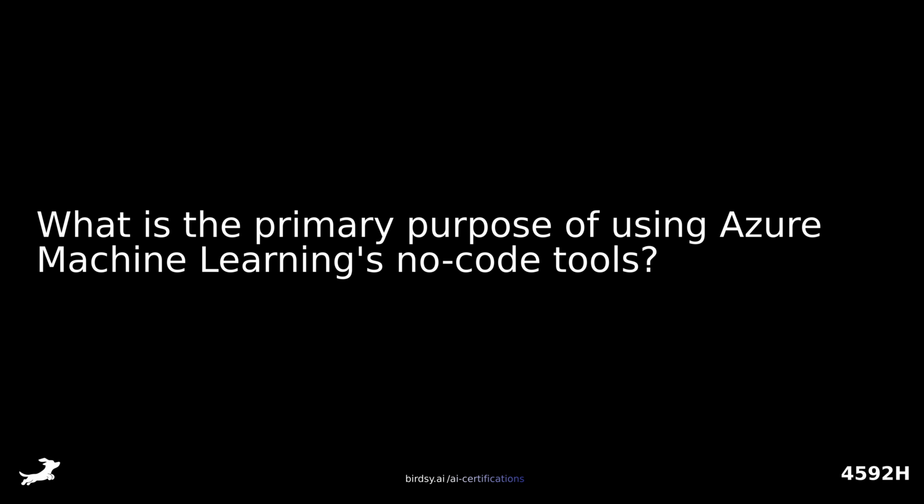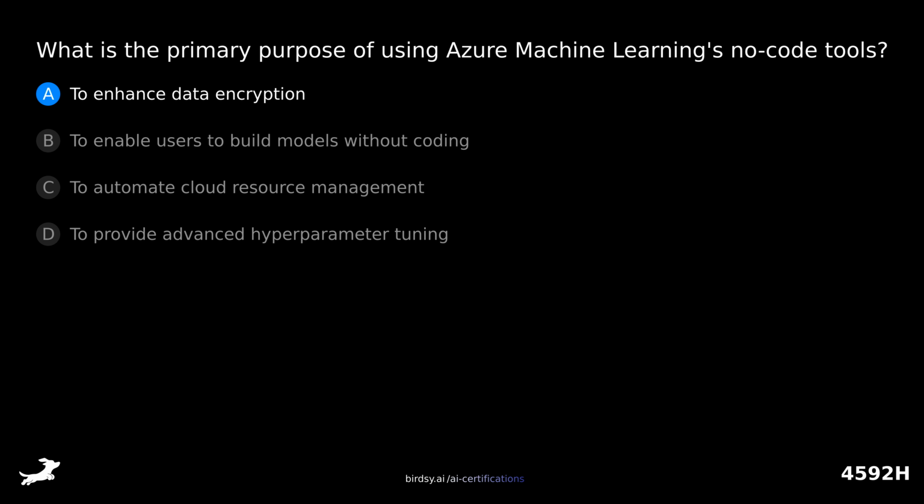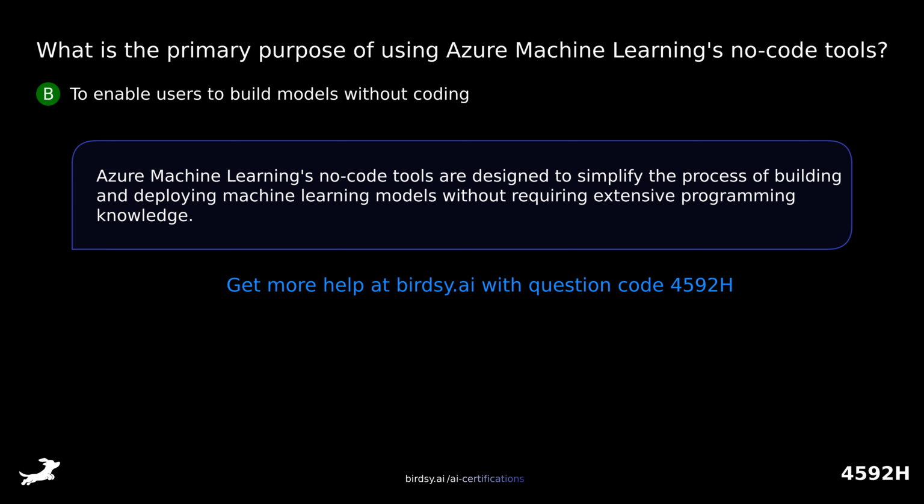What is the primary purpose of using Azure Machine Learning's no-code tools? Is it A, to enhance data encryption, B, to enable users to build models without coding, C, to automate cloud resource management, or D, to provide advanced hyperparameter tuning? The answer is B, to enable users to build models without coding. Azure Machine Learning's no-code tools are designed to simplify the process of building and deploying machine learning models without requiring